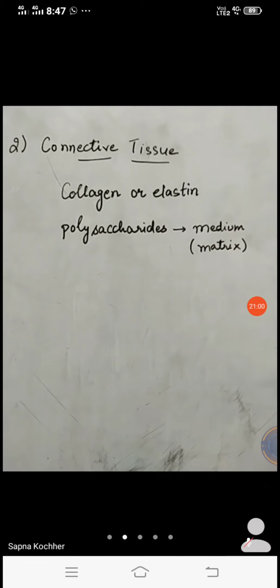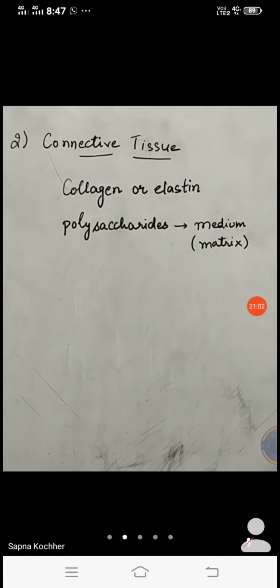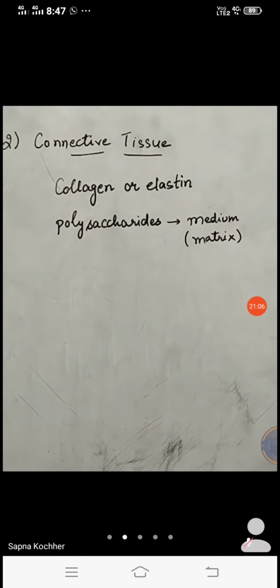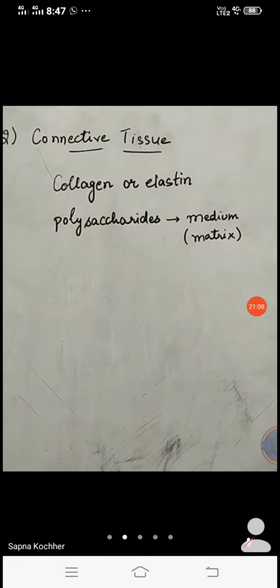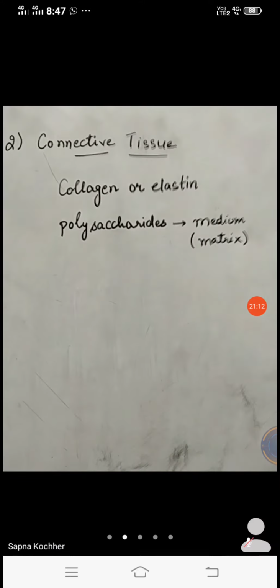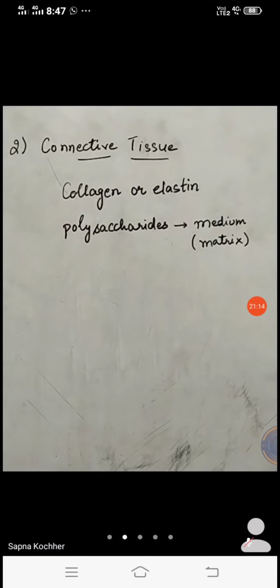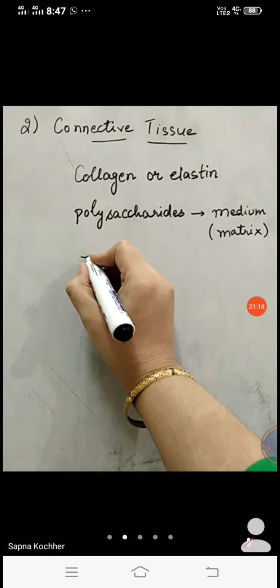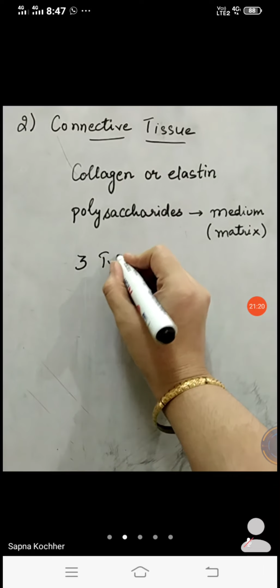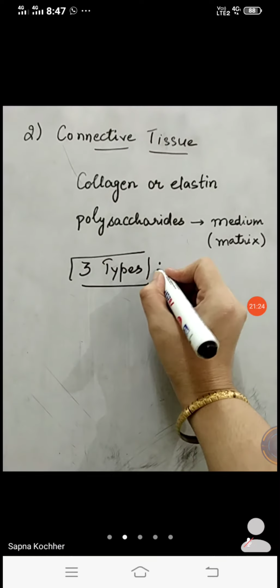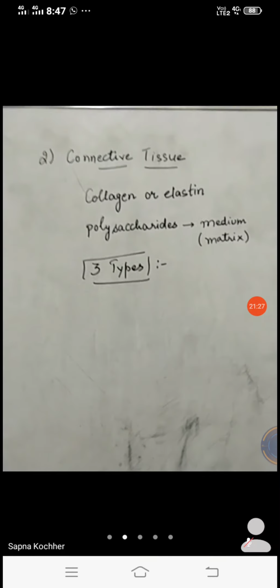We'll be studying the diagrams, and along with that you'll also be getting to know about the different types of these tissues, right? Accordingly, you will also be knowing about the different cells which are immersed in the tissues, forming one category of the connective tissue. Now, categorizing the connective tissues, these are further of three types. There are specially arranged three types of the connective tissues. What are the three types of the connective tissue?